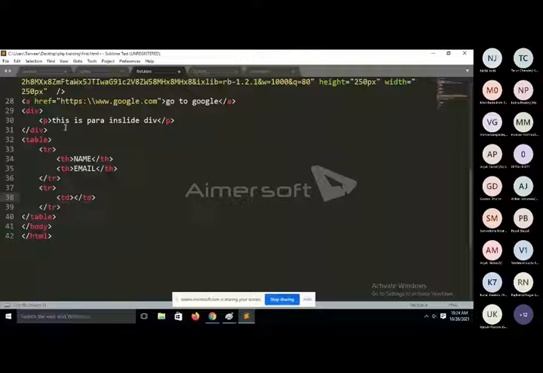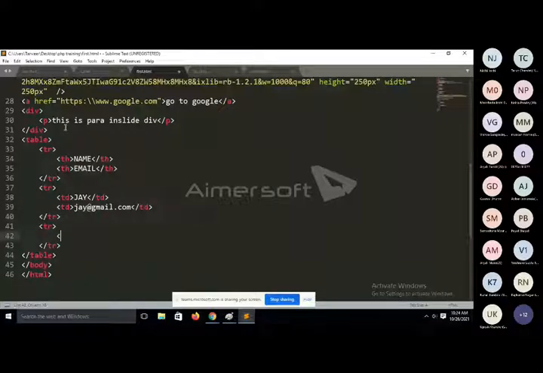Inside the email you want to display some content like jay@gmail.com. I just want to take one more row, and inside the row again we will use two divisions. First one is for name, we will put Ajay, and inside the second division we will use ajay@gmail.com.